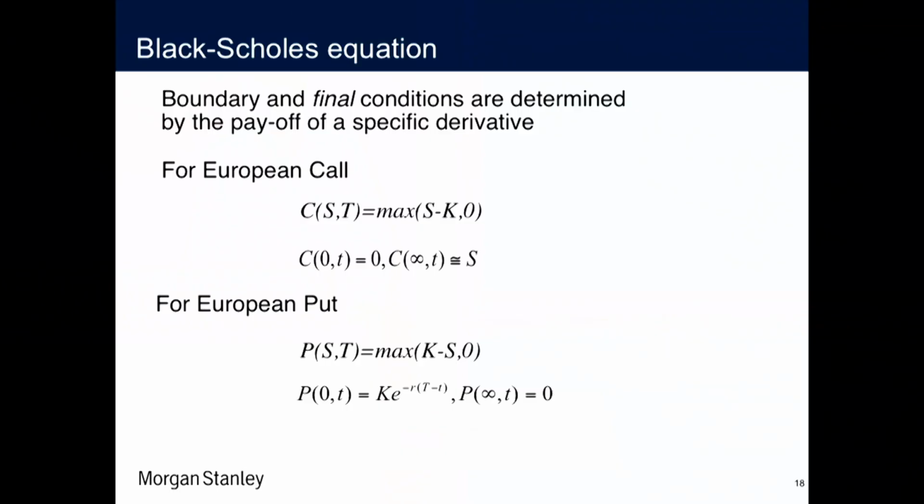So again, to solve this equation, as for any partial differential equation, we'll need some boundary and initial conditions. And these come from our final payout of the option, which we know. We know what happens at expiry, and some boundary conditions. For call and put, the final payout we know, right? So at time t. And the boundary conditions we discussed, we can observe them